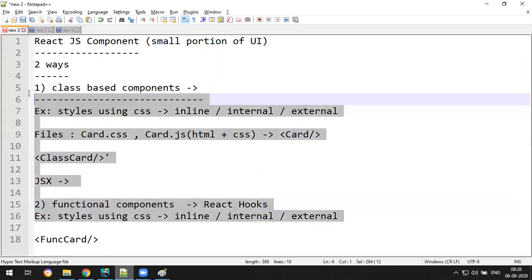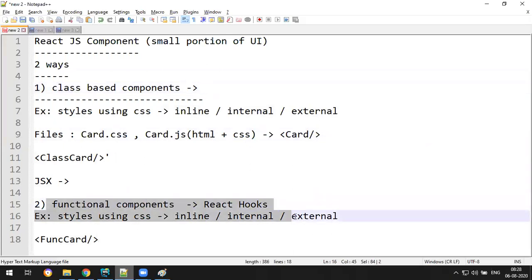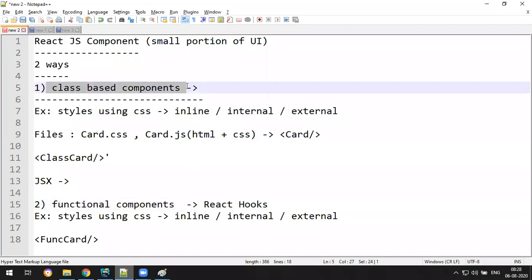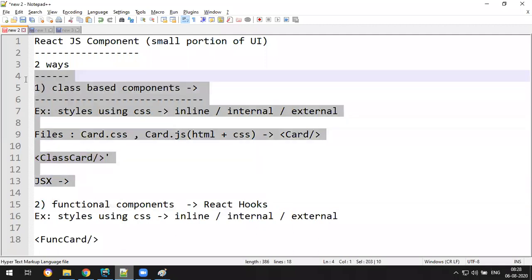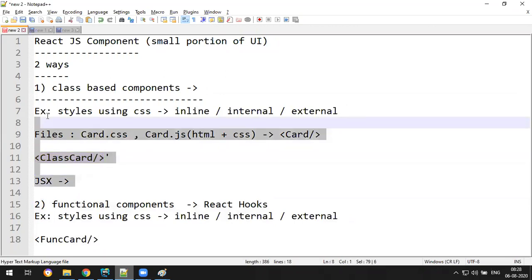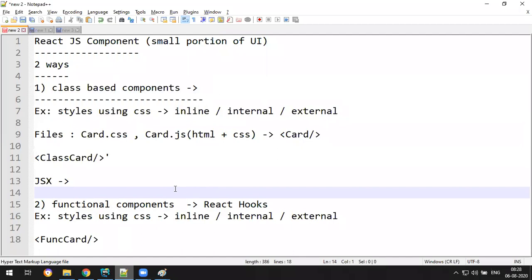If both are for static content, then no issue. For dynamic content, maintaining a state, this goes on a separate path called React hooks, and this will go on a separate path called regular state management and class based. Okay, so first we'll focus on class based, and once we have done with the complete understanding of class based, then we'll move on to the hooks. Okay, so our React fundamentals module goes on class based because we never know in the company they are using class based components or just functional components, so we must have to understand both.